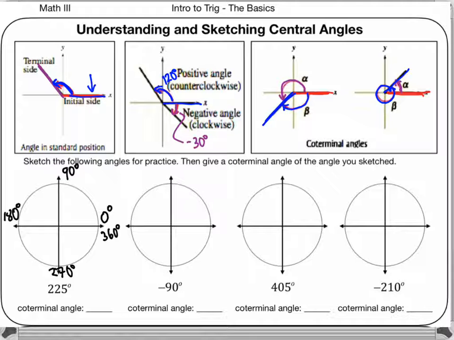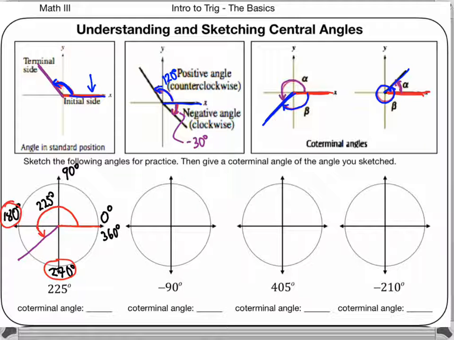So what we're doing is that with 225 degrees, we start here, and we know it's going to be positive, so it's going to be going in this direction, okay? So we also know that it has to be in between 180 and 270 degrees. Okay, so our angle, we're going to go ahead and it's going to stop right about, let's see, right in the middle here, okay, because 225 is going to be in the middle of 180 and 270. So we would label this as